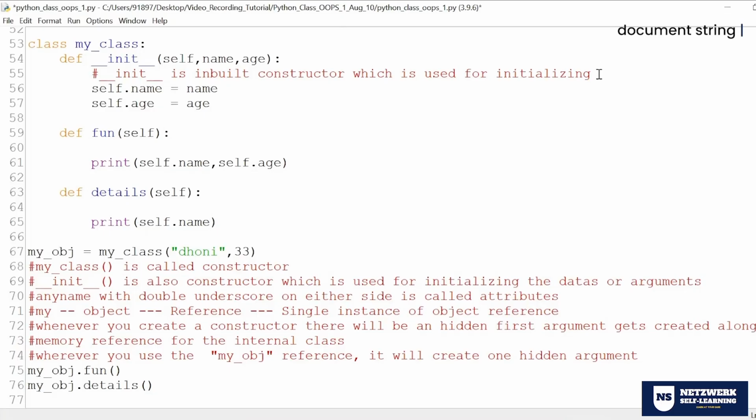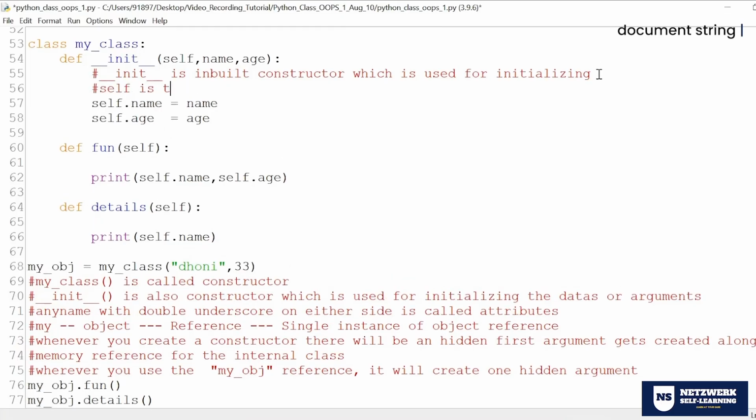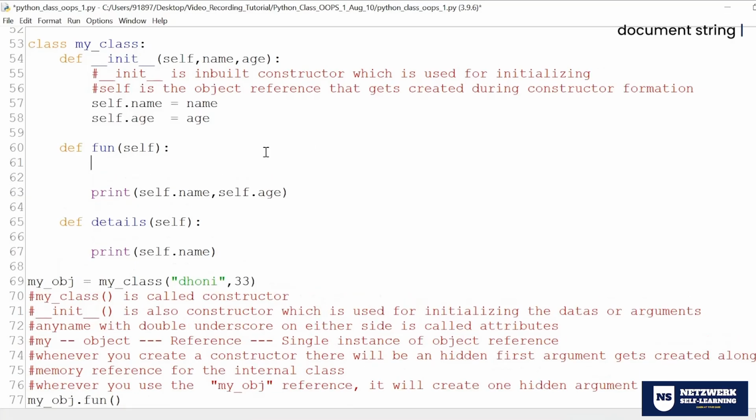So basically, self is the object reference that gets created during constructor formation. Each and every function should use the reference object as its first argument.